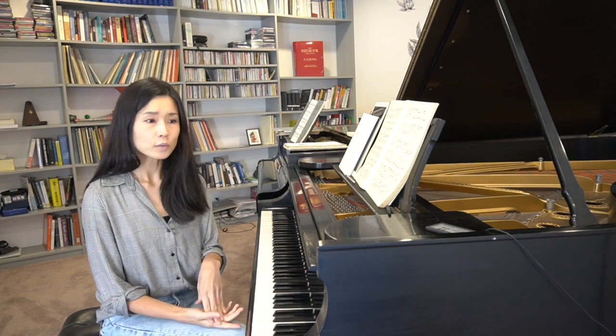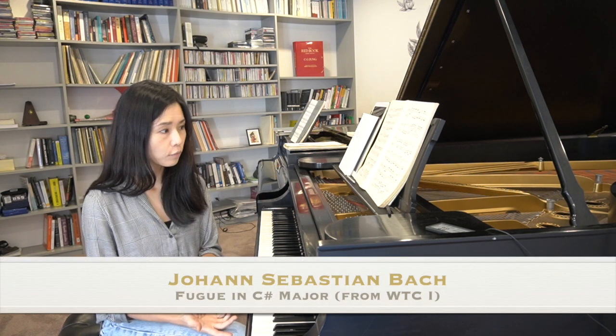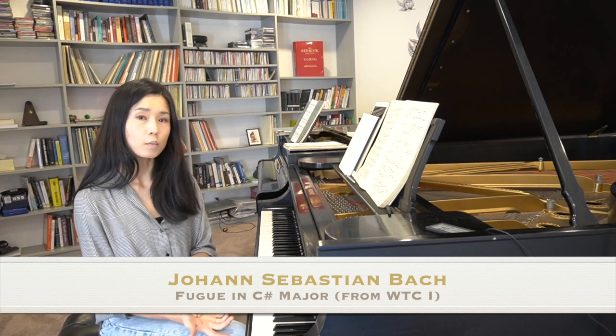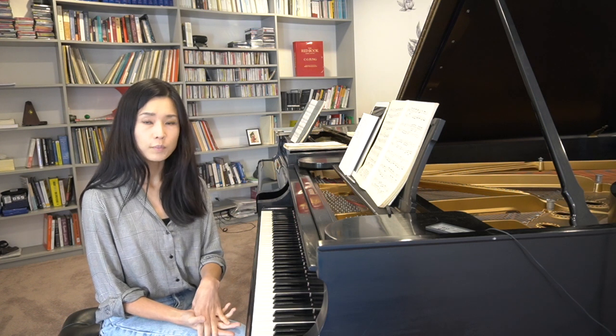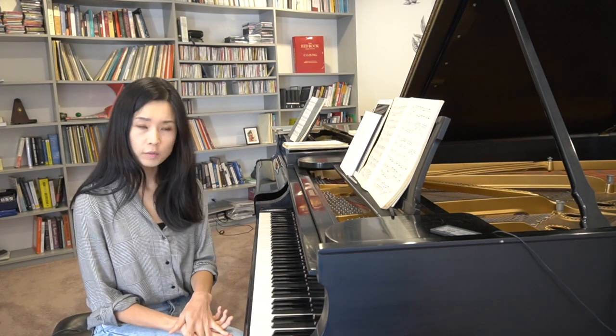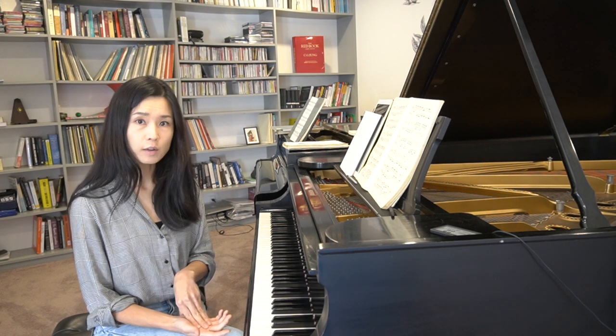technique. So to help those of you lost, confused, and struggling through these right now, I picked out the C-sharp major fugue from Well-Tempered Clavier Book 1 by J.S. Bach, and I'll teach it to several different levels of piano playing. It'll involve a little bit of music theory, but hopefully only to the extent that it'll actually help you understand